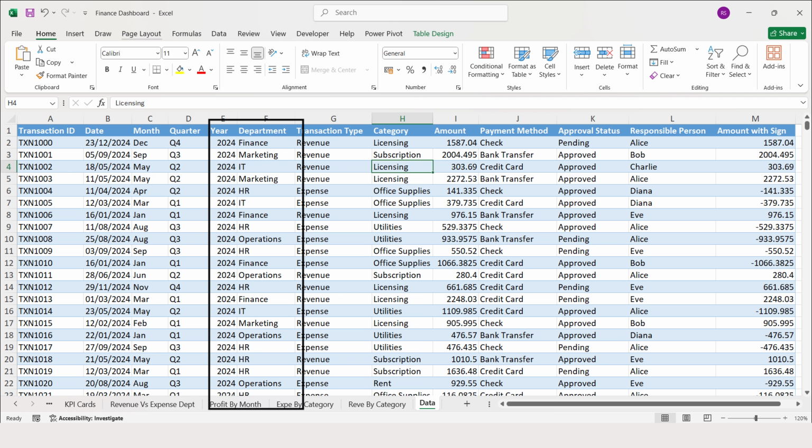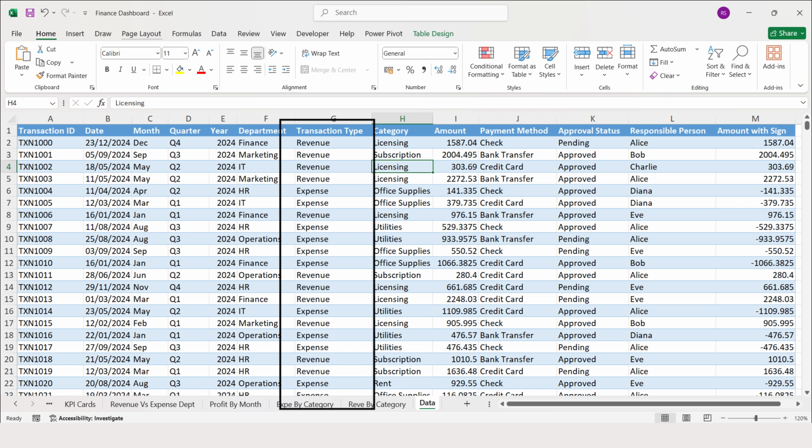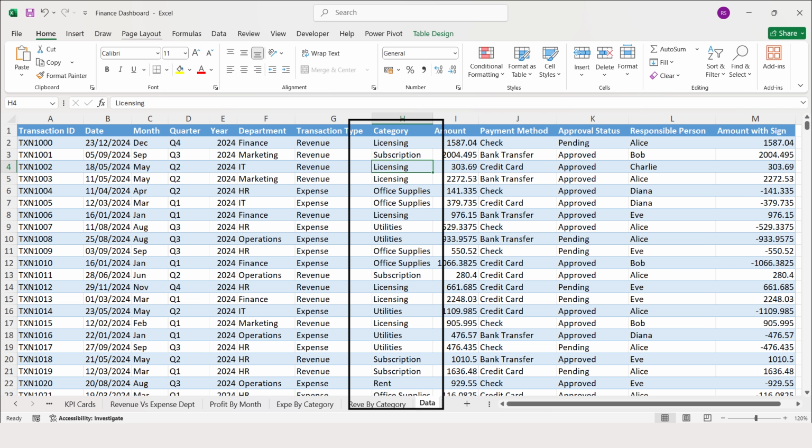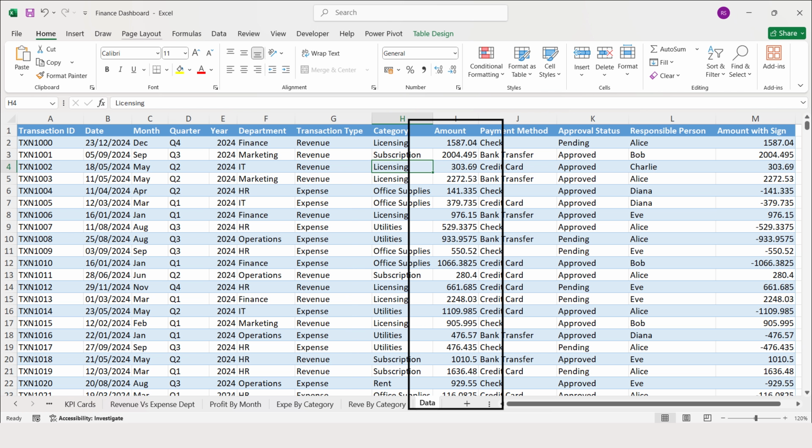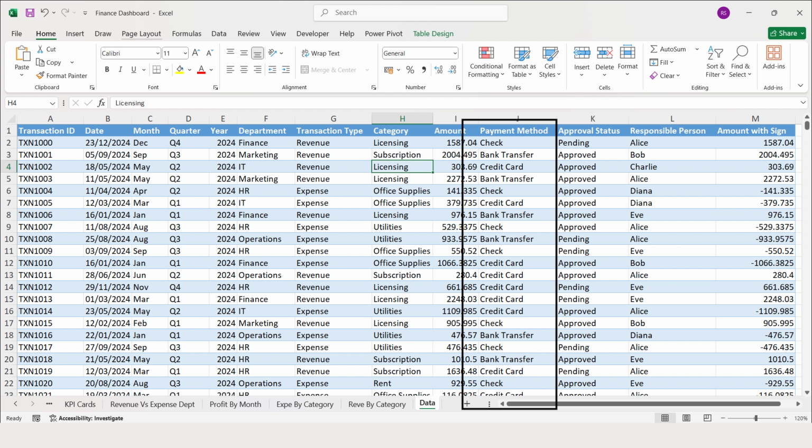The department column shows which team the transaction belongs to, such as finance, HR, marketing, or IT. The transaction type tells us if it's a revenue, money coming in, or an expense, money going out. The category gives more detail about what the transaction was for, like licensing, office supplies, or utilities. The amount shows the total money involved, while the payment method tells how it was paid by check, bank transfer,